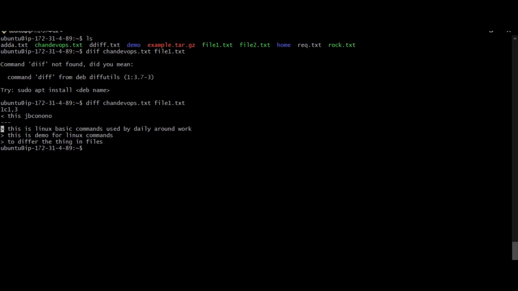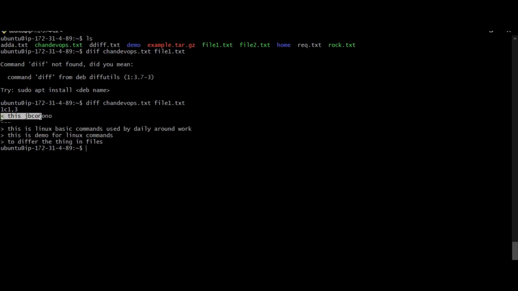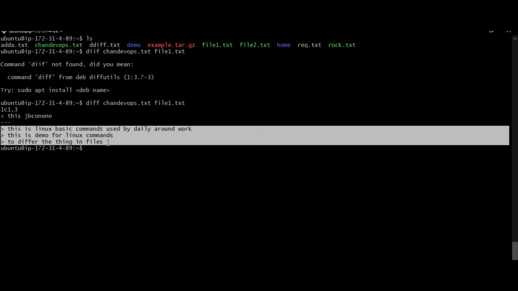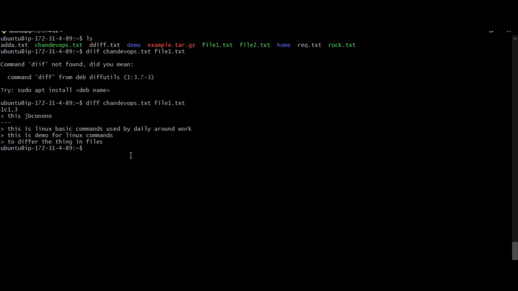It shows the greater than symbol for the second file path. So the main difference is the first line and these three lines shown here. Like this, we can differentiate the content in different files by using the diff command.